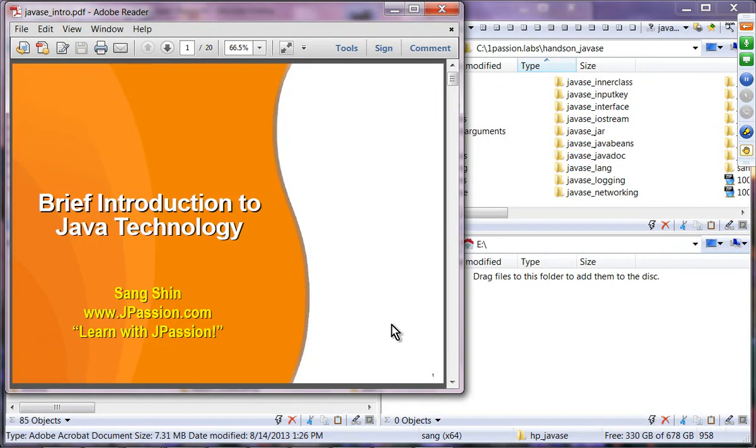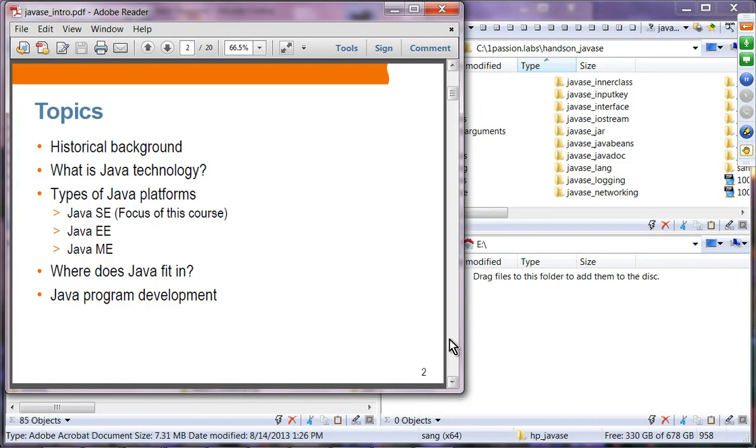This is a brief introduction to Java technology. For those of you who are new to Java, this will give you a big picture of how Java technology is constructed and some of the underlying technologies under Java. We'll cover the historical background, then what Java technology is, and then types of Java platforms.